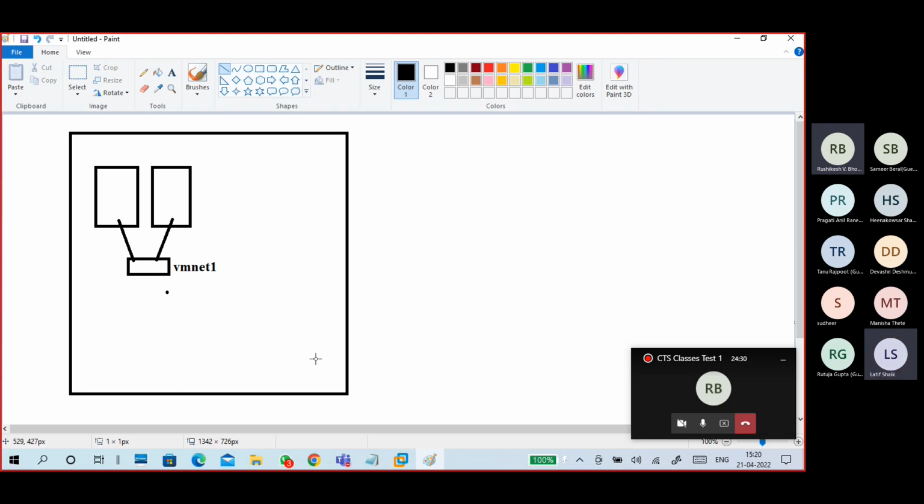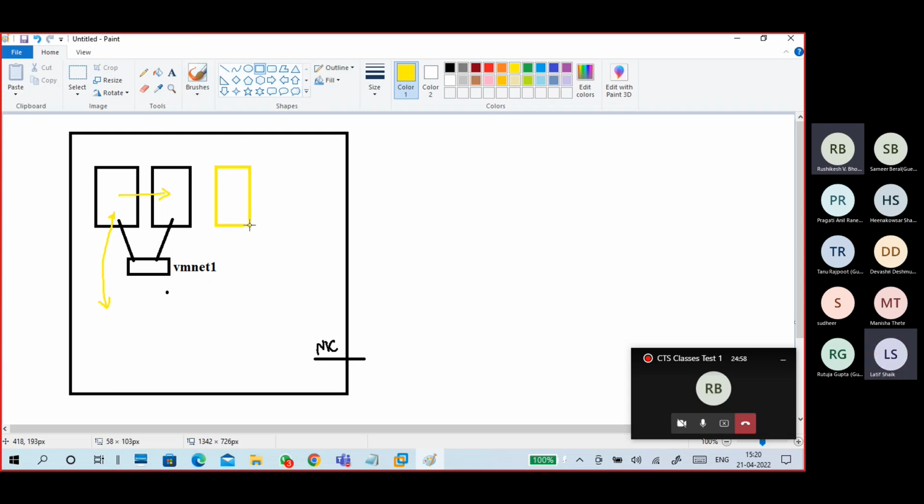Okay, I have a physical NIC, but no connection between my physical NIC and this one. So what can we get? We can communicate virtual machine to virtual machine, and physical machine to virtual machine. Communication is there. This is VMNet1.